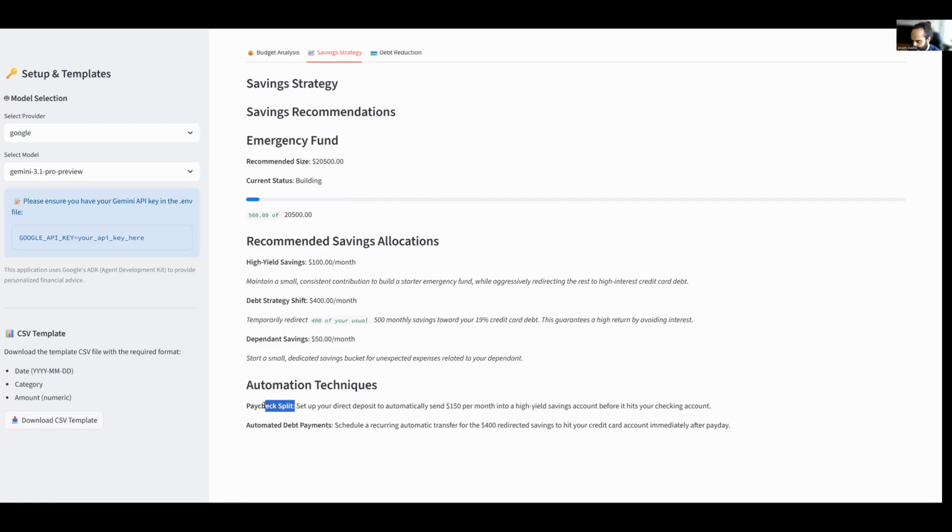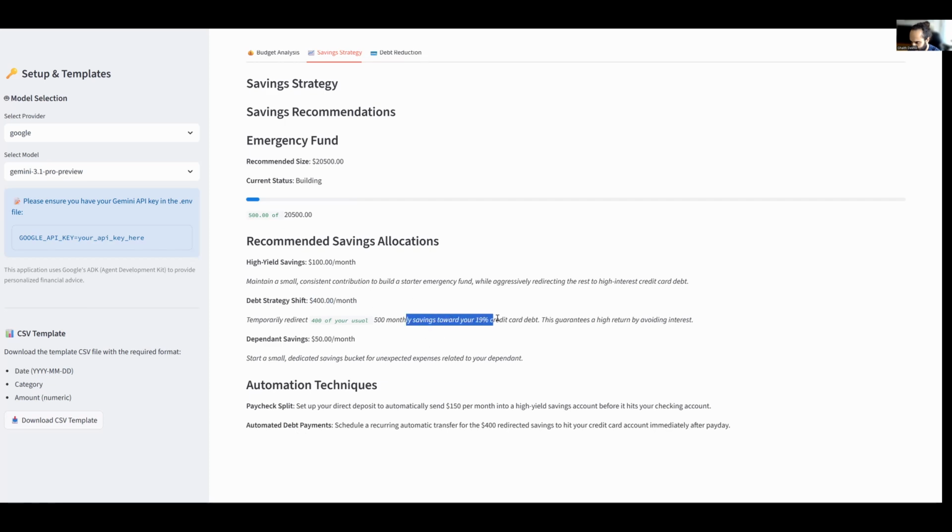For the first one, it suggests that a direct deposit is automatically sent by the employer, and the second automatic payment will be scheduled by ourselves. And here, guys, see again the amounts. Like here we have $400, here we have $150. So if we try to understand why it's putting these amounts, because actually here we have the 400 that it's suggested to be put